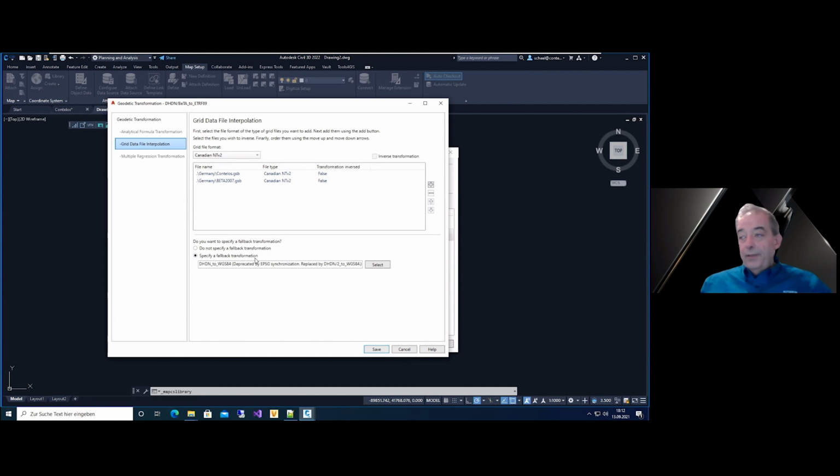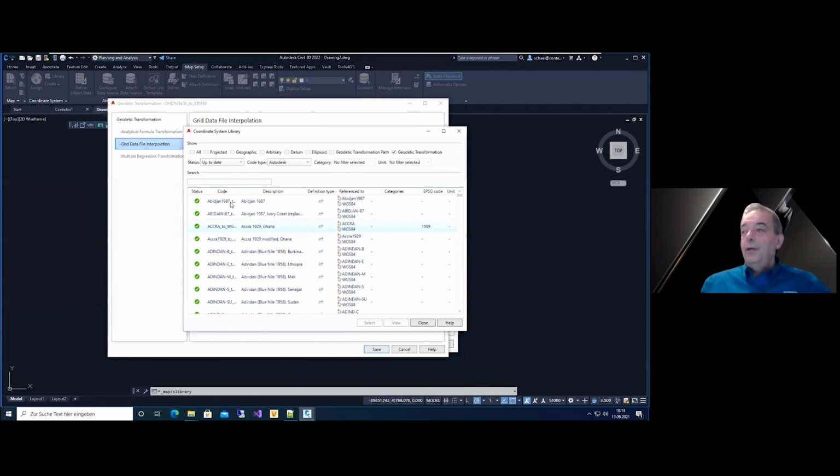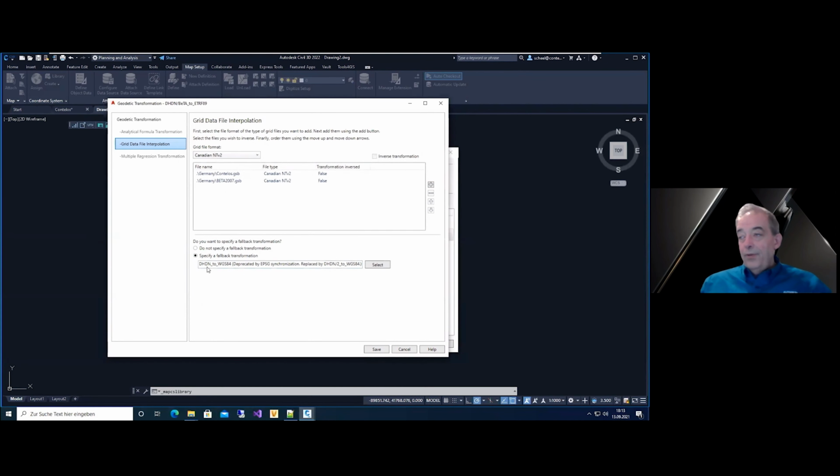When we define a fallback transformation, we have the chance to get it via the select button. You see we go to the normal coordinate system library and can select whatever we want. Normally, you use a parametric transformation at this point.